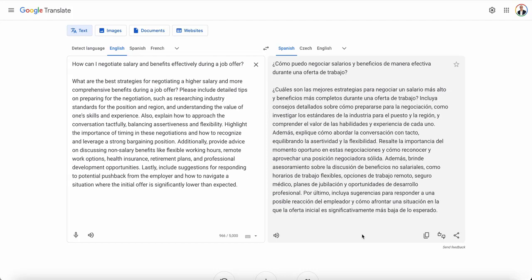So it might be good to describe what your position is. So let's say you have been taking care of social media and now you have also learned ChatGPT and bots. So you can also describe this and also how to approach, how to balance it, how to be assertive, and of course highlight the timing and flexible working hours, remote work options, health insurance, and also include some suggestions for responding.